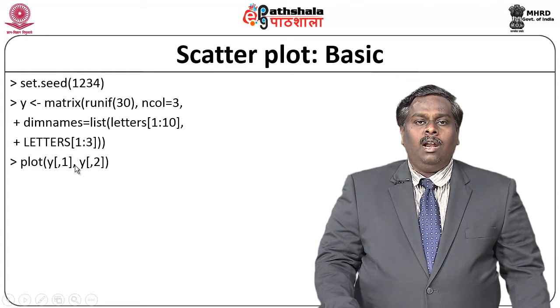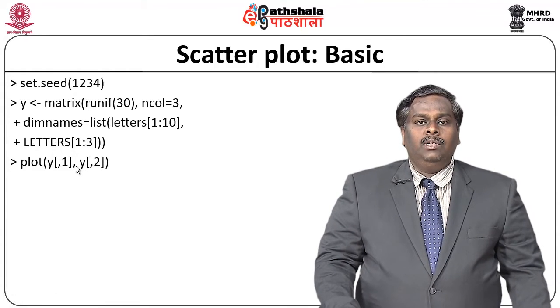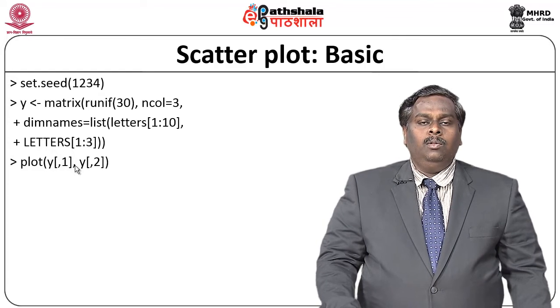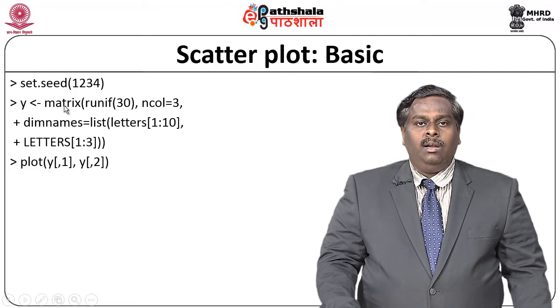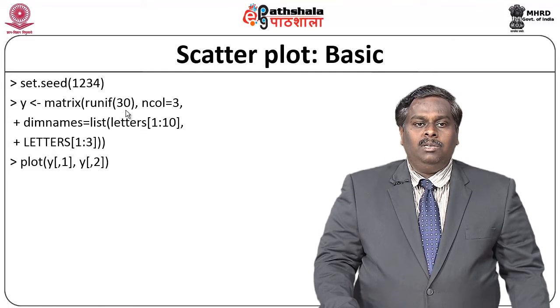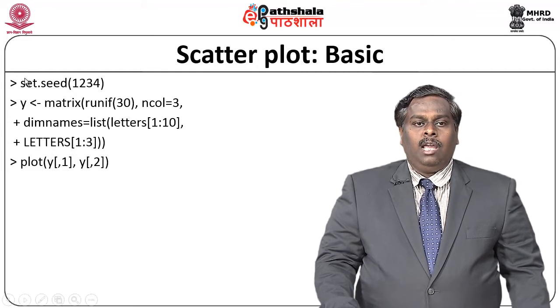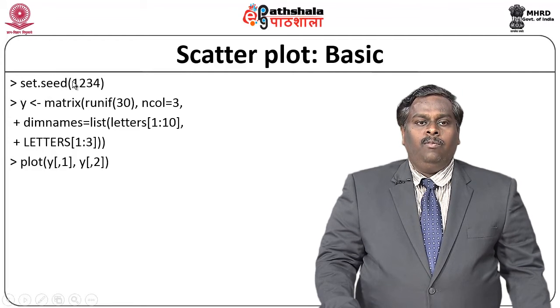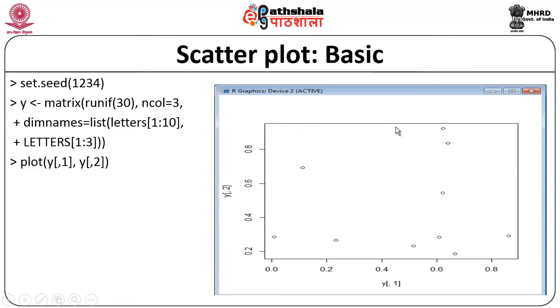How many random numbers will be generated? If it is going to be a scatter plot, the input to this scatter plot can be provided in the form of a matrix. Therefore, we make use of a method called matrix, and here the runif function with an argument 30 indicates 30 unique random numbers are going to be generated. So, once you type the seed function followed by the matrix function, and then call the plot function, you are going to get, say, a random scatter plot as appears in this slide.